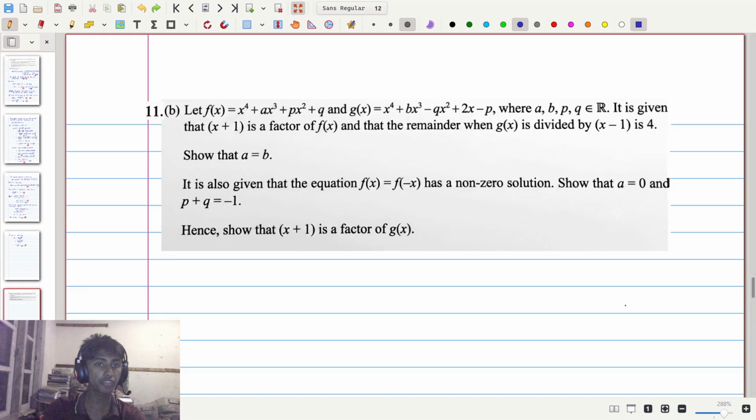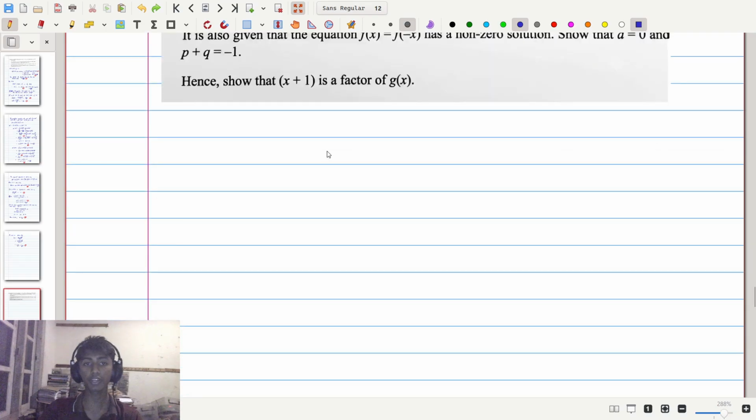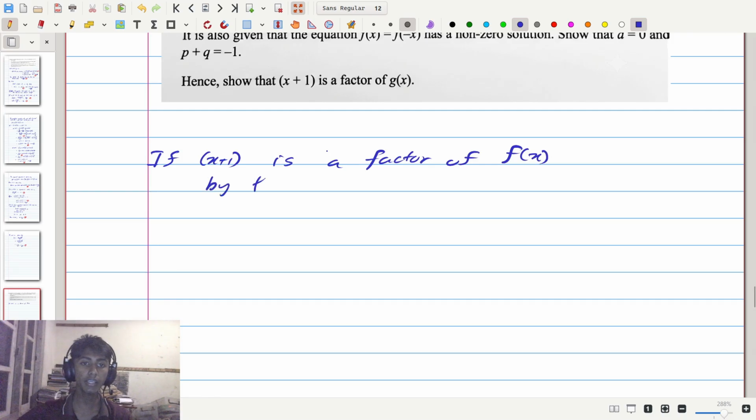Now to start off with this question, we need to consider this statement and apply the factor theorem and remainder theorem in order to get some equations that we can then use in order to find out what a, b, p and q are equal to. So starting off, if x plus 1 is a factor of the function f of x, then by the factor theorem,